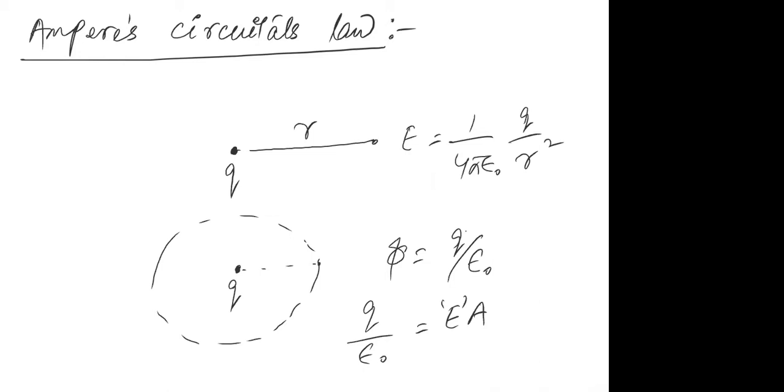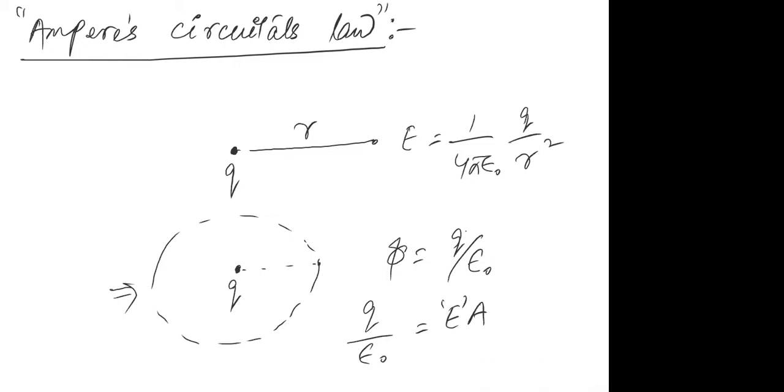Sometimes when Coulomb's law becomes difficult to apply, you apply Gauss law. And when Gauss law becomes difficult to apply, you apply Coulomb's law to find the same value of electric field, right? So these are two alternative forms of each other. Did you understand what I'm saying? And why am I saying this? Because the law that we are going to study today is also an alternative form of one of the laws which you have already studied in this chapter.